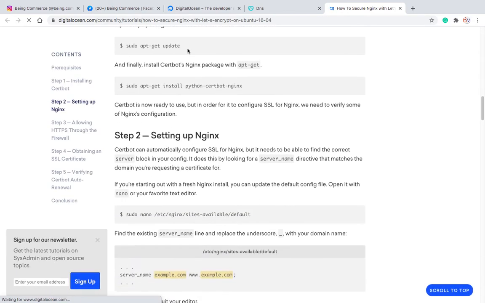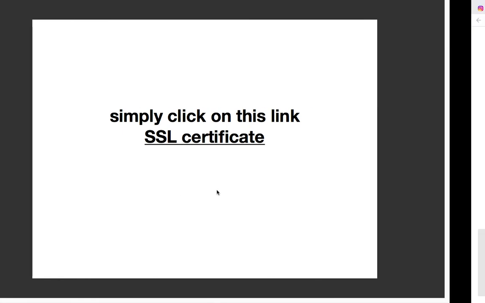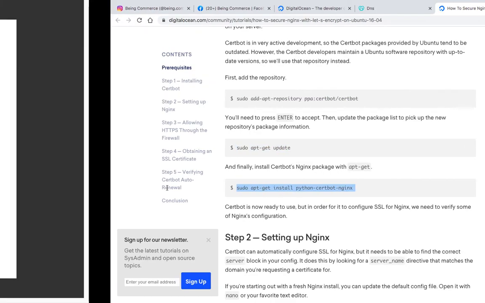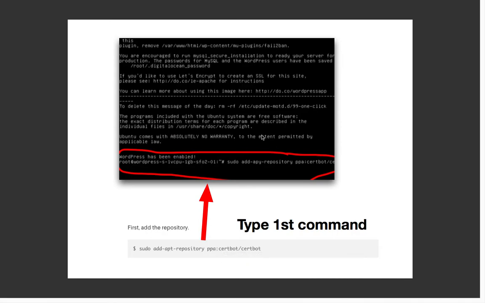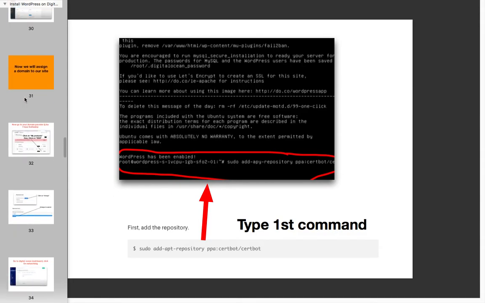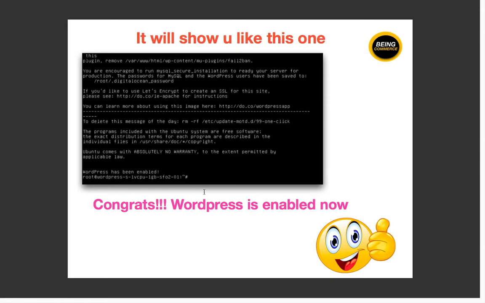Simply copy these codes, and these commands, you simply need to copy one by one and put in the black screen. You have seen that the last time, when we successfully enabled our WordPress, here we stopped. So we have to continue from here.